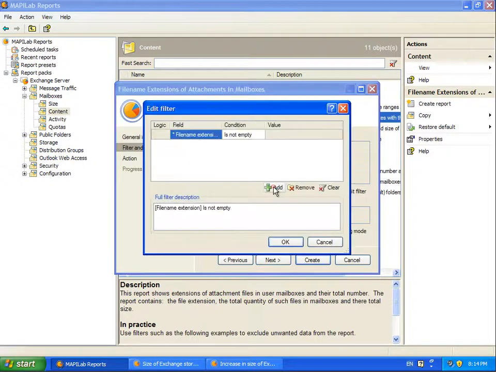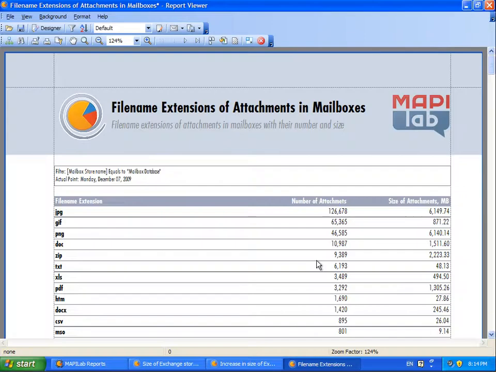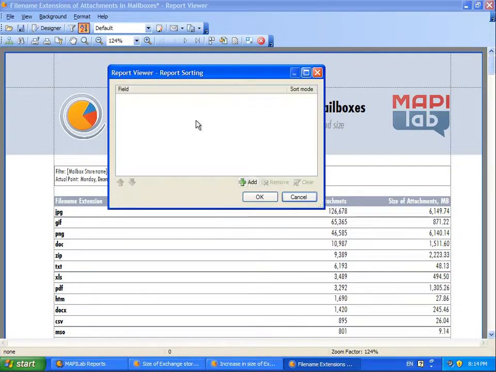We will immediately use the filter to show the data for our repository only. Change the sort order of data in the report. The files must be sorted according to the space occupied in the repository.